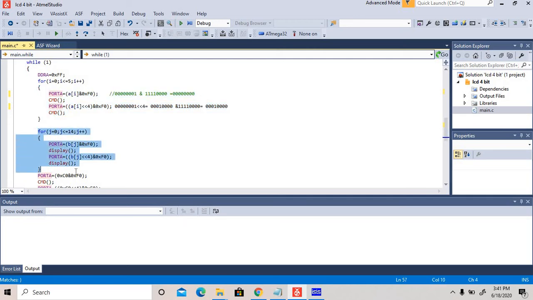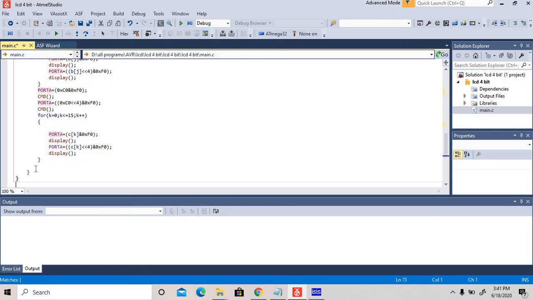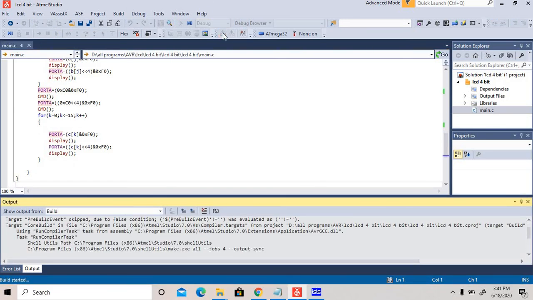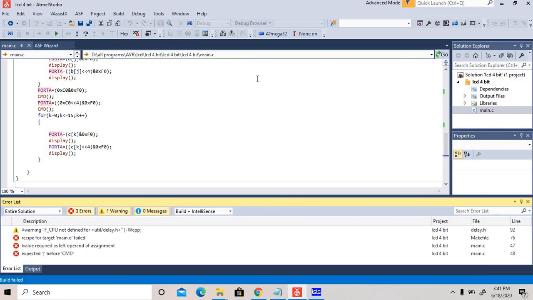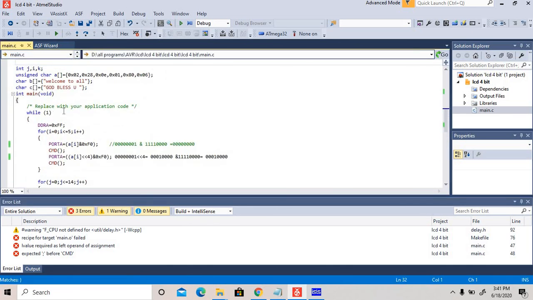You have to use a for loop the same way. After that use this command to move your cursor to the second line. After that this is the second line code. Okay, after that build. Not commented.